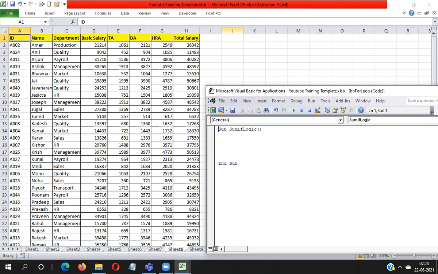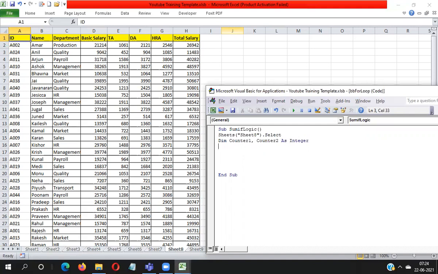So declare the variables. First I need to activate the Sheet8 dot select. Now I need to write here the variables: Dim counter1, counter2 as Integer. Why have I declared two variables? Because I need to use two loops.